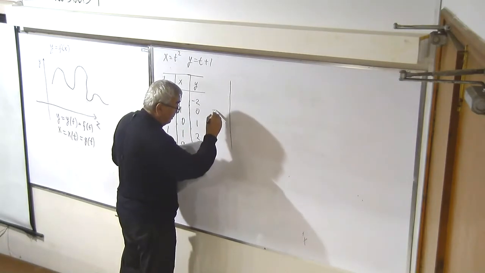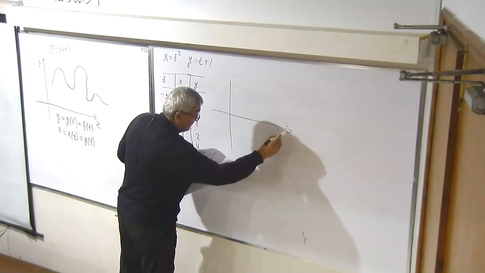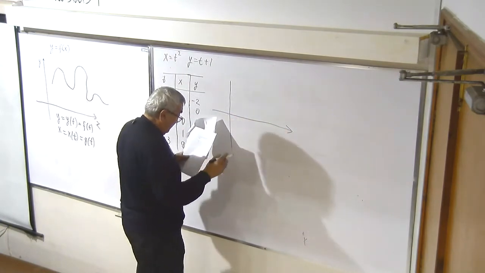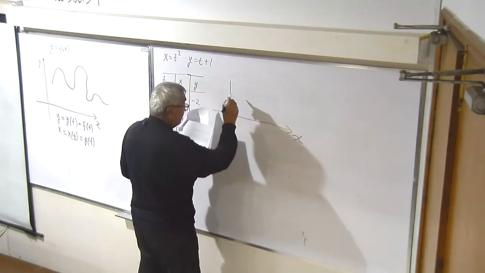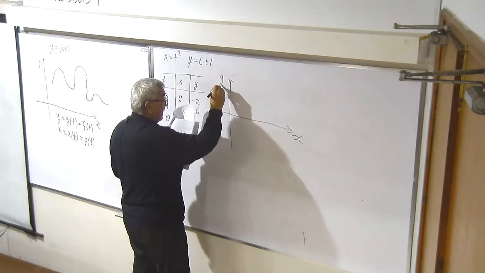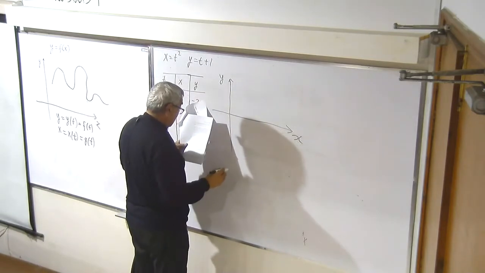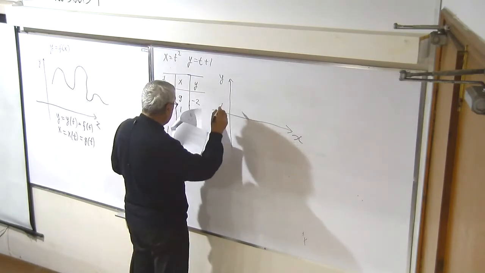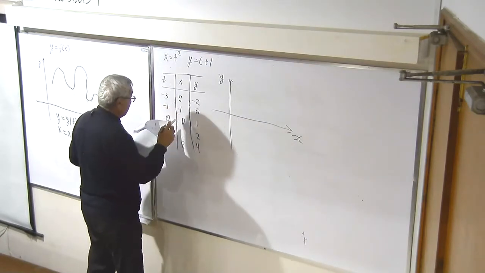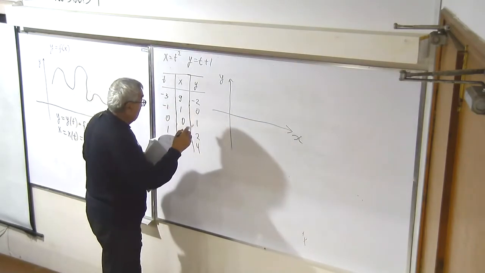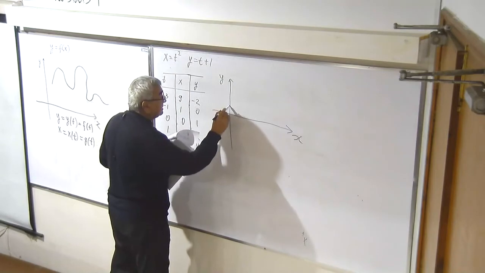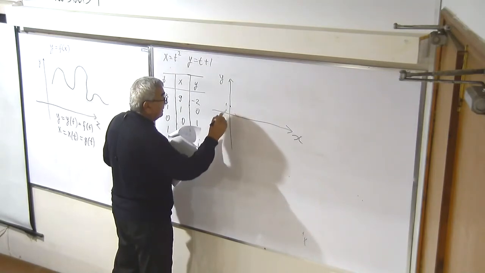Now it is possible to plot the graph of this function. Here I will take x, and here we will take y. That means when x equals 0, y equals 1. That means this is a 1. Then